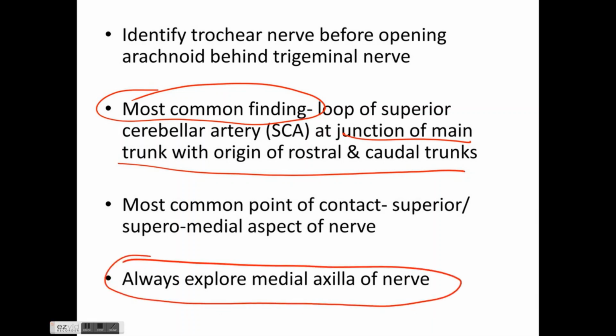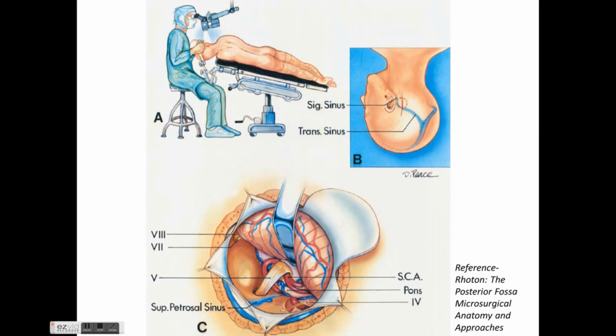This is the demonstration of the positioning. Normally we do it in lateral position in our institute. It can also be done in supine position with a head turn. As we can see, the burr hole is made at the transverse sigmoid junction and a small craniotomy is